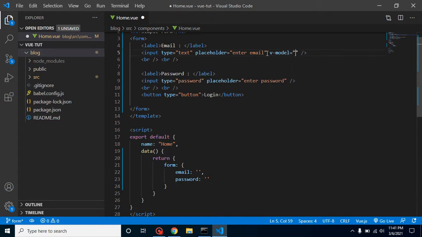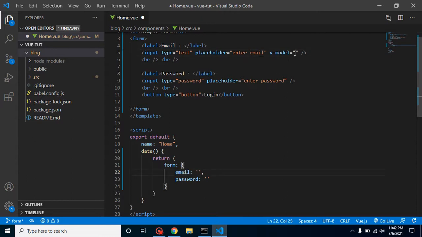So guys, if you want to know about this two-way binding in detail, then you can watch our previous video, which is given in our playlist, because there are a little bit tricky things about two-way binding. But in short, whenever you put v-model here, this input text field value will be bound with our email property, and whenever you enter something here or there, they will always be in sync, right?